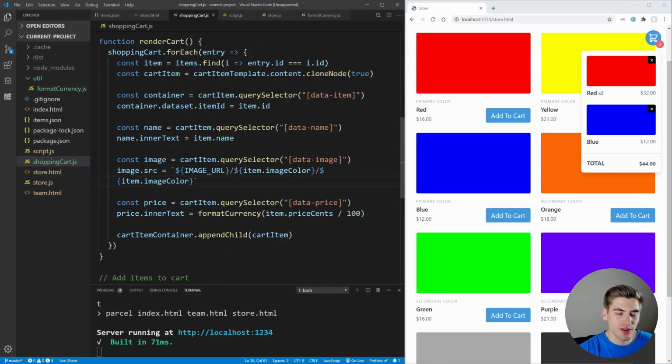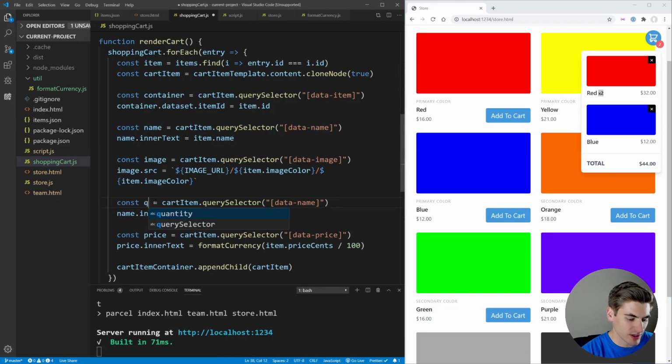Now, really, the only thing left to do is our quantity for rendering inside of our cart. We want to be able to do our quantity down here with our price, as well as our quantity right here. We're only going to show it if it's greater than 1. So let's just copy name here. This is going to be very similar. We're going to call this instead quantity. We're going to do data quantity, quantity.innerText, and this is just going to be here, an X, which is just standing for the multiplication symbol, and then